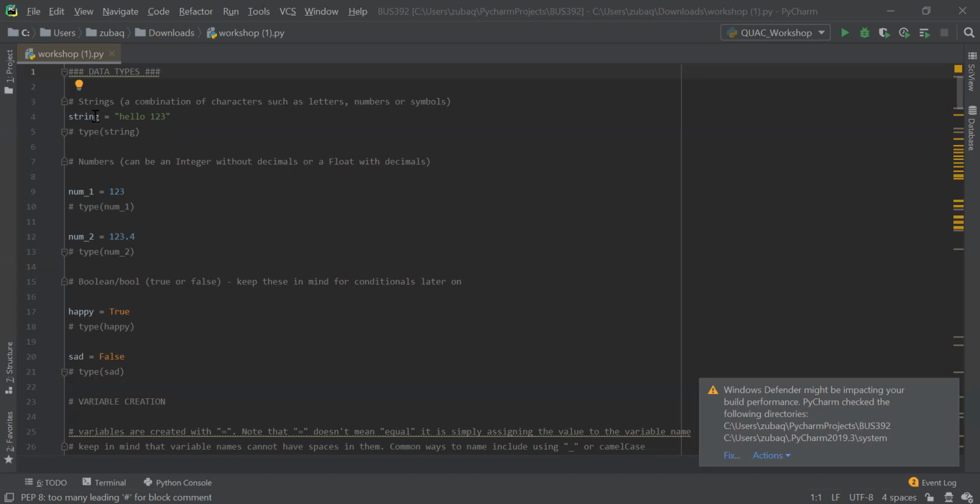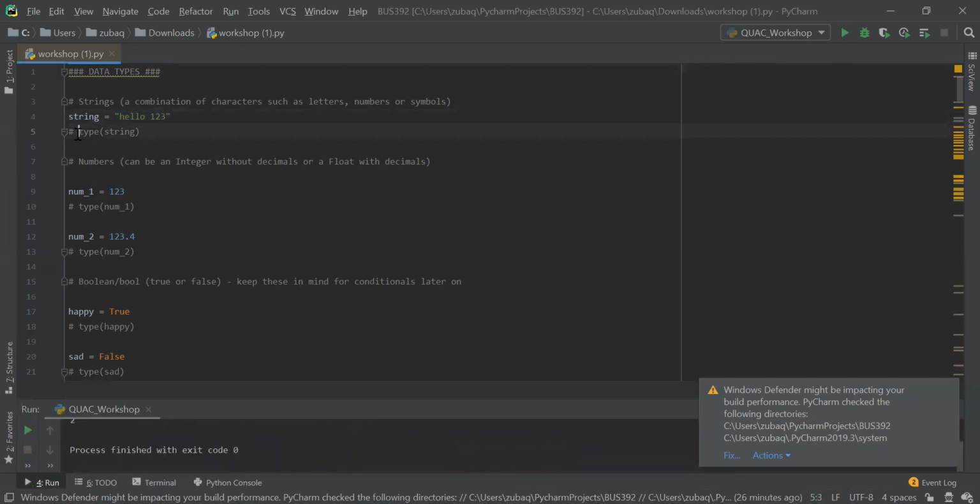So for example, here we're creating a string variable. Where it says string, that's just the name of the variable that we're setting. And then you can see this is the actual input that is the string. We have spaces in there, letters, and numbers. And if we run this, let me take out type. So you see we created the variable, and now we're printing out what type of variable it is. So when we run it,